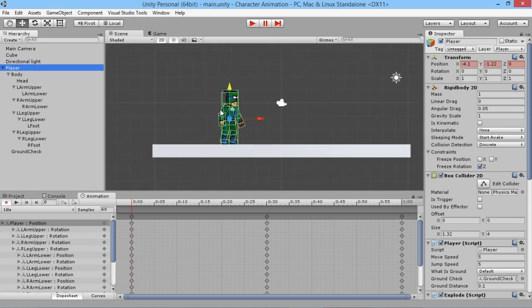What we want, so our player, the top player object, is what's being controlled and moved around as you're playing the game. So what we actually want to do is move our body up slightly. So I'm just going to go back here. I just want to remove this player bit of the keyframes. So we're going to grab all those players all the way across there and just delete them like that, and then we're going to grab our body